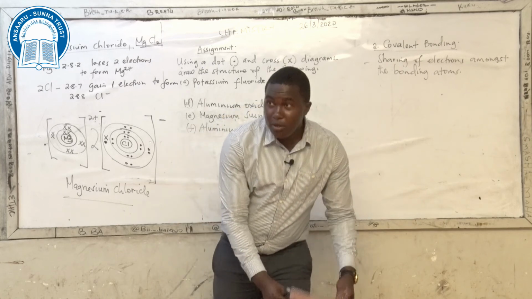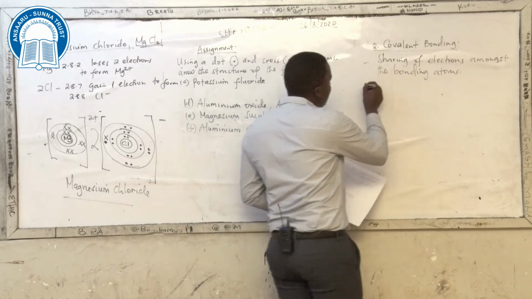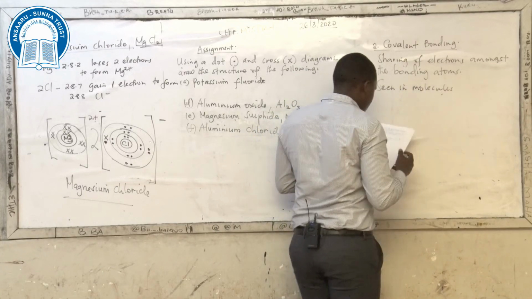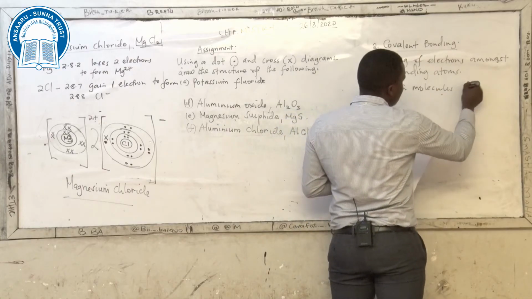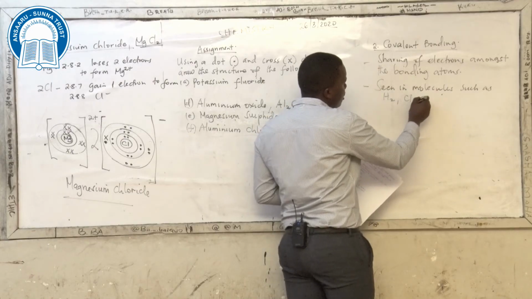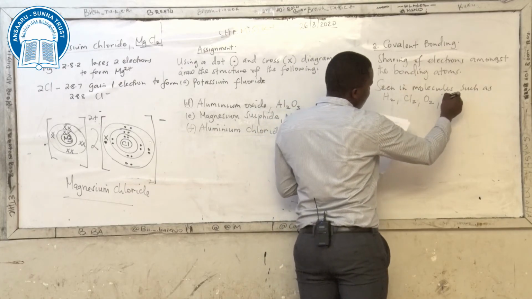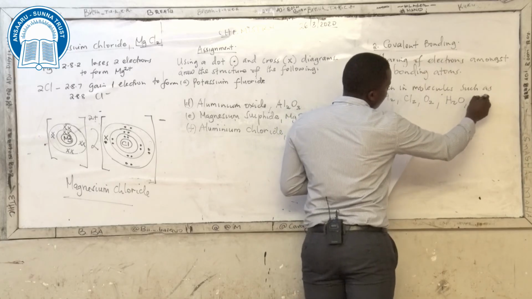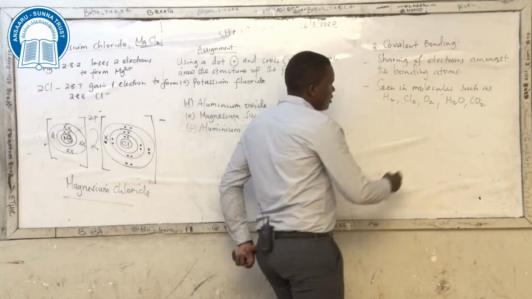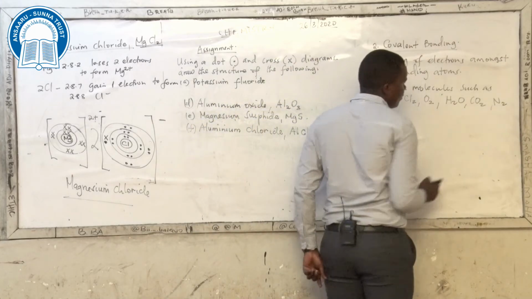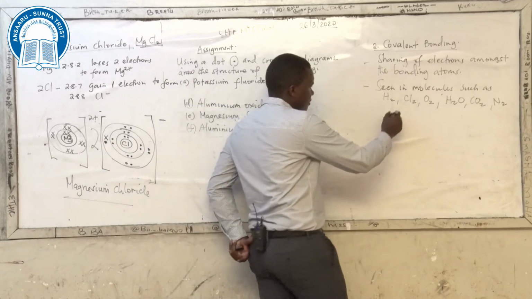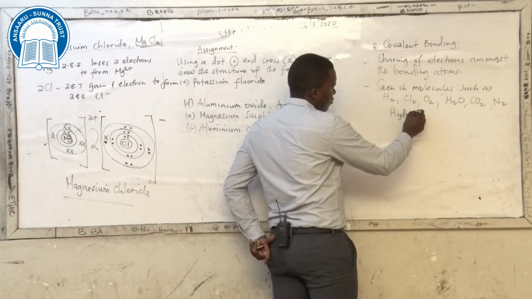This one is seen in molecules, such as hydrogen, chlorine, oxygen, water, carbon dioxide, etc. So just to draw maybe one, even nitrogen, of these molecules, for example, if we take the hydrogen molecule,